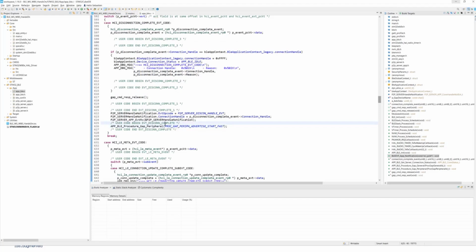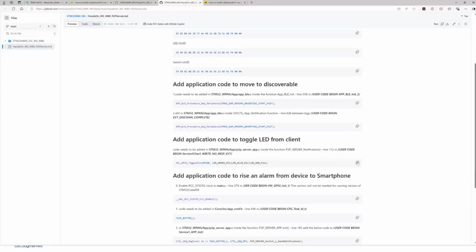And then now we can advertise, we can connect our application. So one thing remaining is to manage application code.